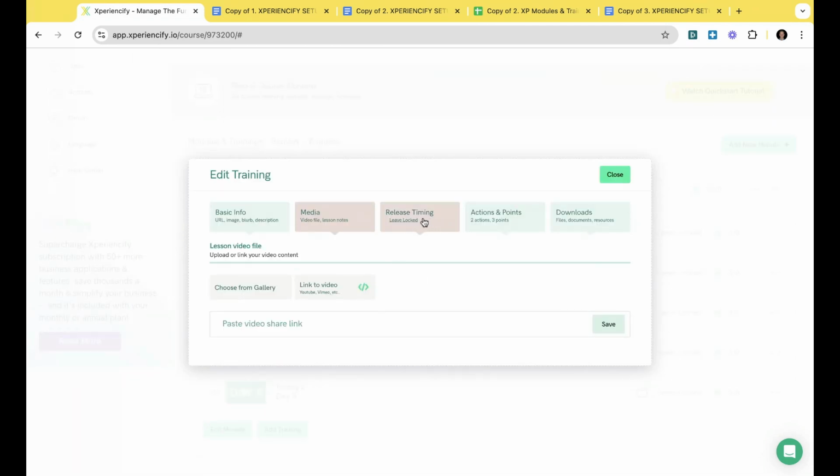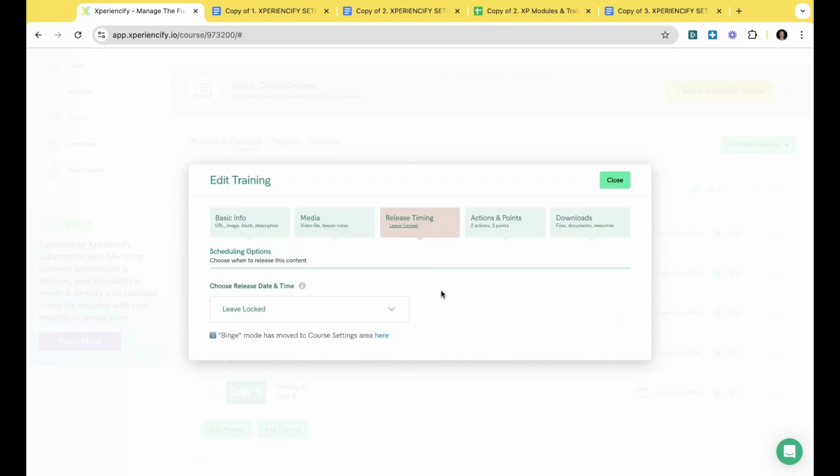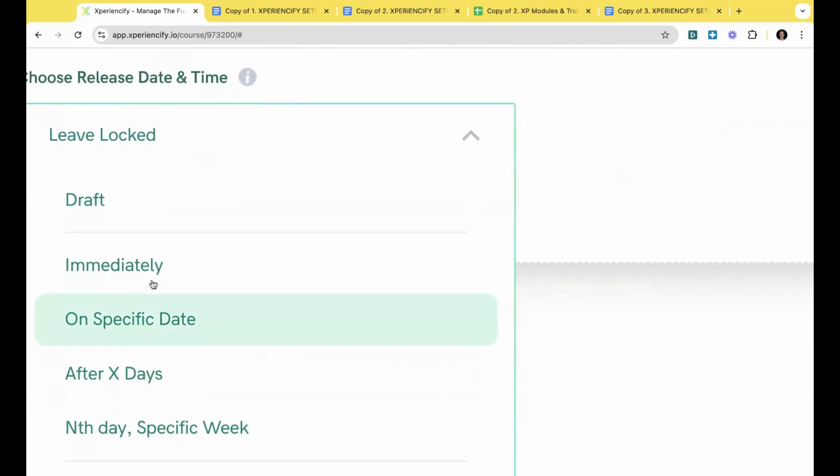The next thing is the release timing. So what is release timing? For each training, you can decide, do you want it to be released immediately? Do you want this to be available to your students as soon as they sign up for the course and log in? Do you want it to be available in a timed fashion? So if I zoom in here for you, you can see that it can be available immediately.